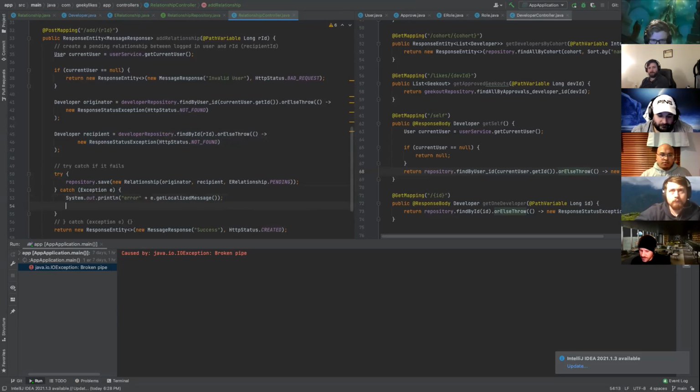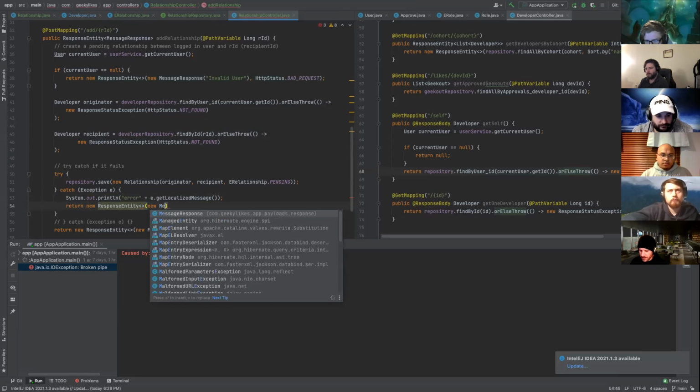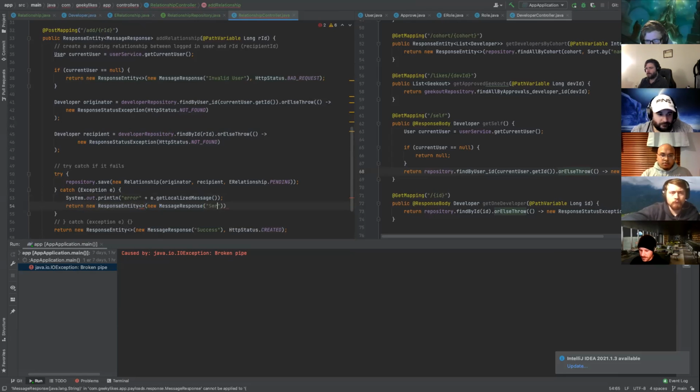That way we print to the logging system on our server what the actual exception message is, and then we can just send back return new ResponseEntity, new MessageResponse, server error,